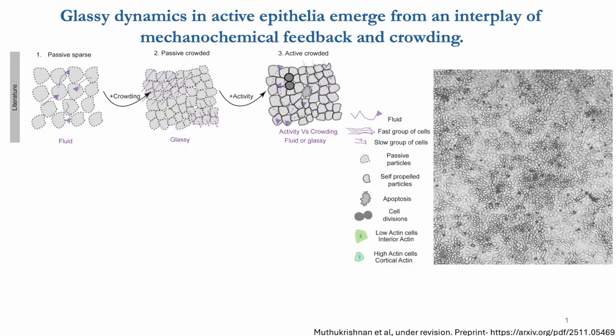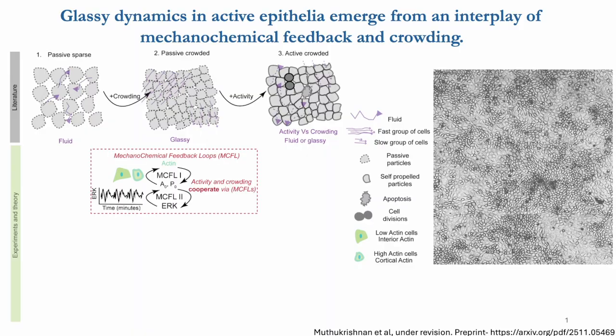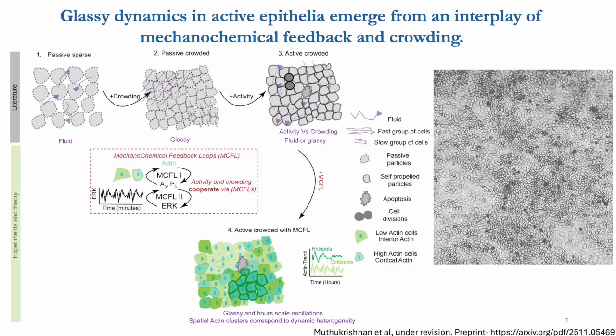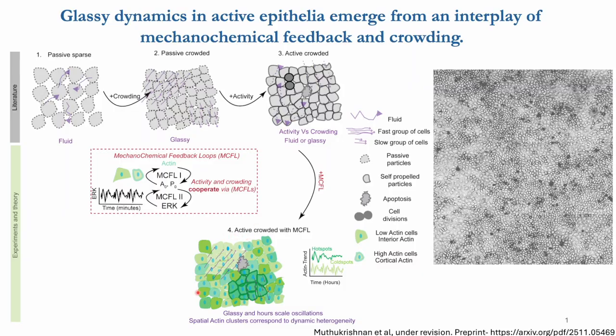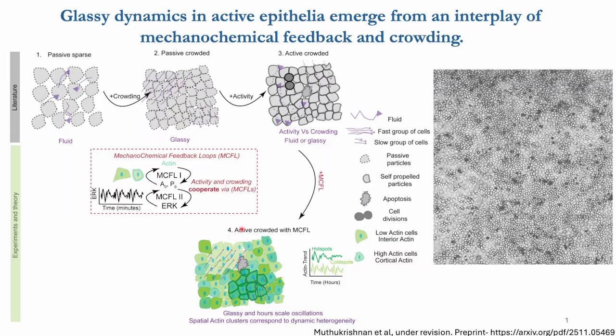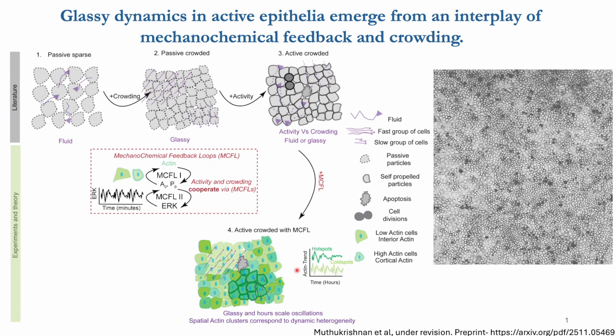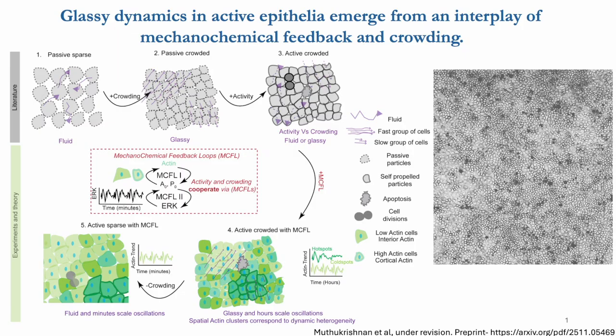We found that although epithelia have active cells, they show glassy dynamics. This is because the fast group of cells here have more actin in the form of stress fibers, whereas the slow group of cells have more cortical actin architecture. This shows that there is a crosstalk between cell mechanics and biochemical signaling. So, mechanochemical feedback loops can stabilize the fast and slow groups of cells, and epithelia show glassy dynamics although they